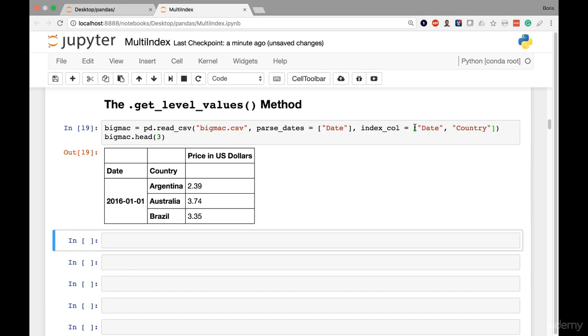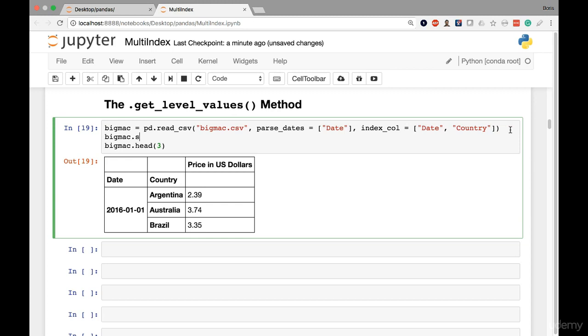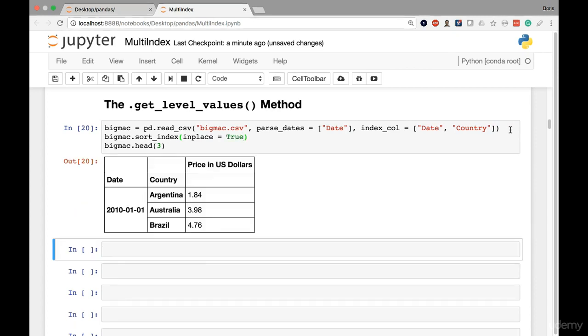There's one additional thing I wanted to do here that's a best practice technique, which is to call the sort_index method on my data frame. And I'm also going to pass in that argument of inplace equals True. Now, with smaller data sets such as this one, you may not see it visibly, but rest assured, whenever you're working with very large data sets, sorting the index greatly enhances the speed and efficiency of basically every method. The algorithm that Pandas relies on in the backend to find what you're looking for is basically much faster if Pandas knows that it's working with a data set or an index that's kind of sorted in sequence. So even if you're working with a small data set, it's a good habit to start sorting the